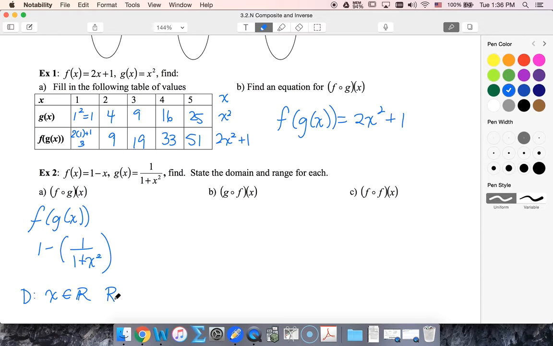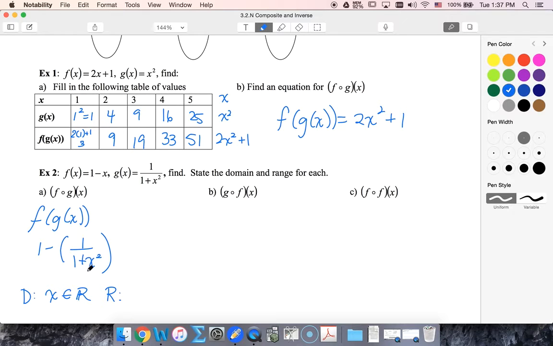Now my range, when I think about values I'm going to get out, well, the smallest x squared will ever be is 0. Therefore, the largest this function will ever be is 1, because 1 over 1 plus 0 is 1. 1 minus 1 is going to be 0. So I'll definitely get 0 out. And that's going to end up being my largest value because,